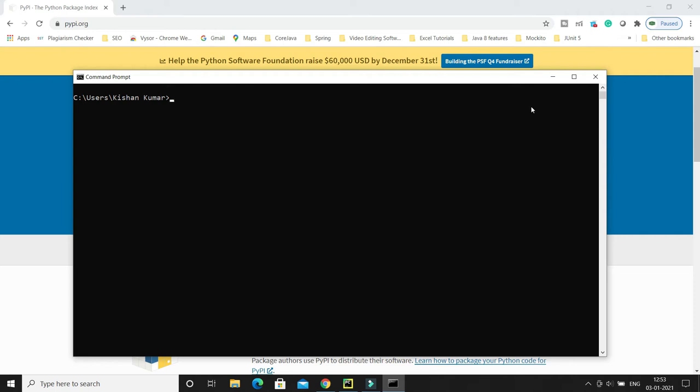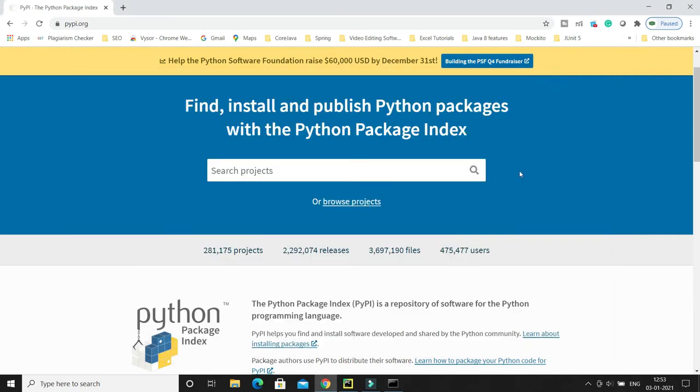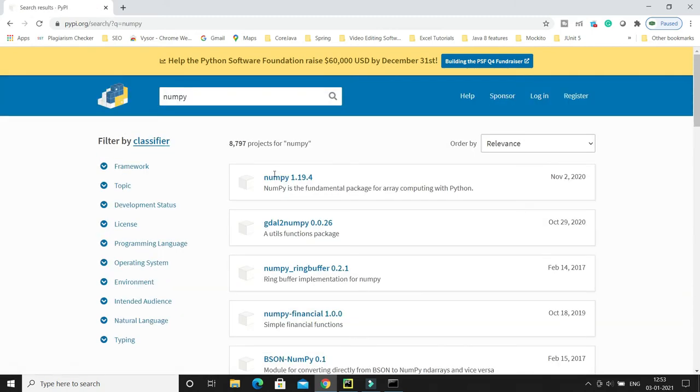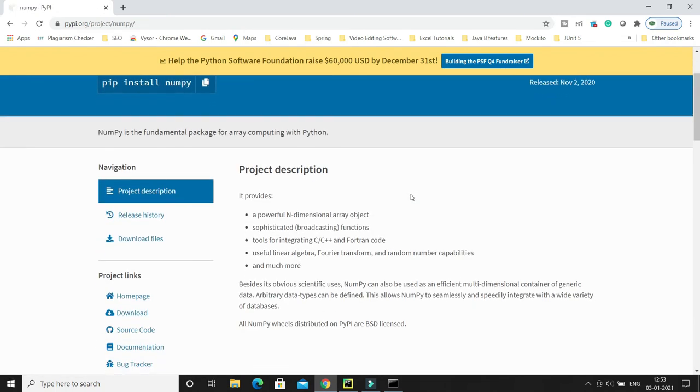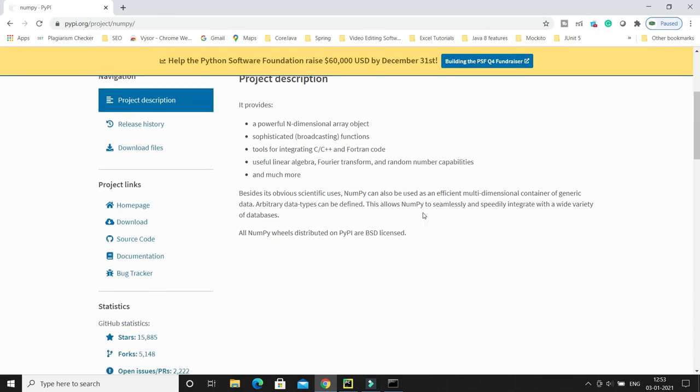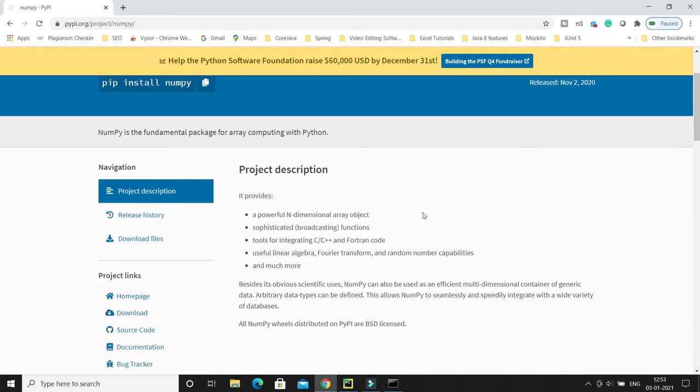Now let me show you one of the very popular packages that is called NumPy, which is a beautiful library which deals with arrays. If you want to create a single or multi-dimensional array, then we can use the NumPy library.